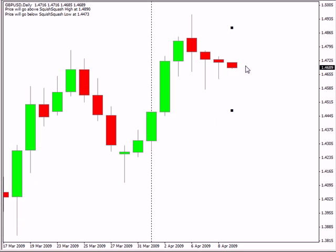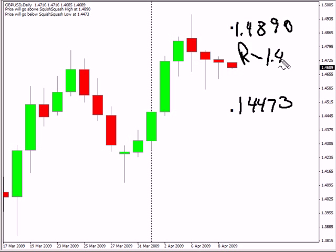Now, switching to the pound US dollar pair, this pair closed down today. It did form an inside bar, so we could definitely have a breakout during this next session, especially with the rate decision pending tomorrow. We are expecting this pair to move potentially as high as 148.90 and possibly as low as 144.73. Look for some resistance around 147.75 and look for some support around